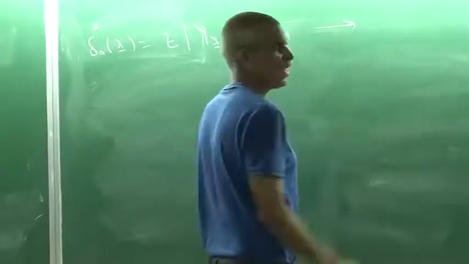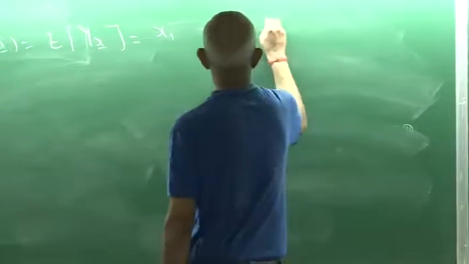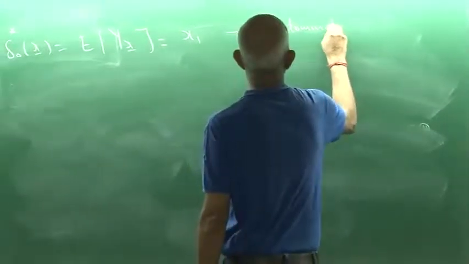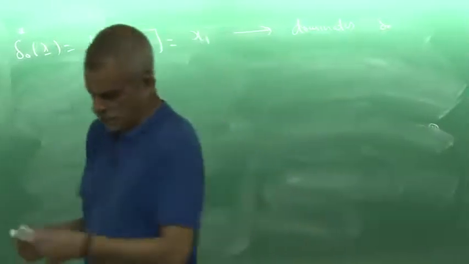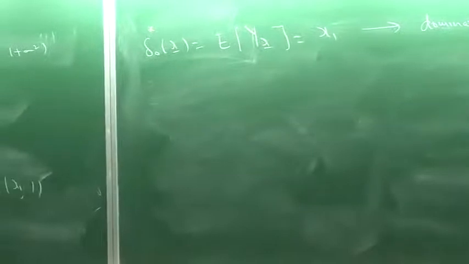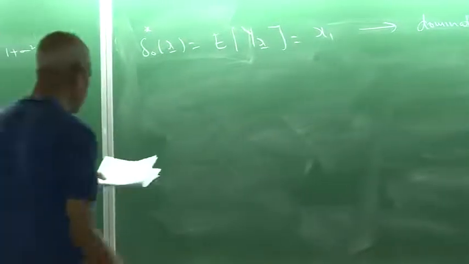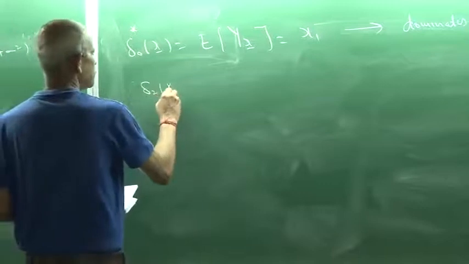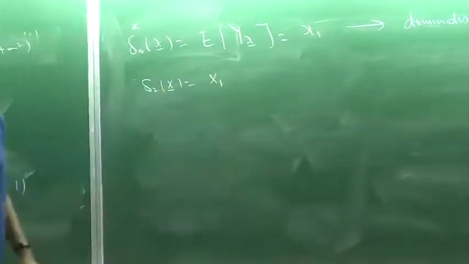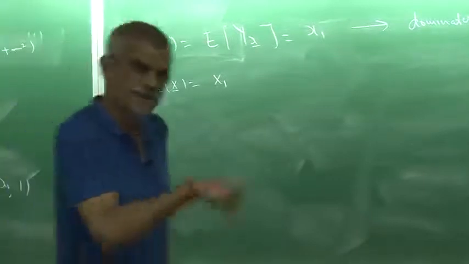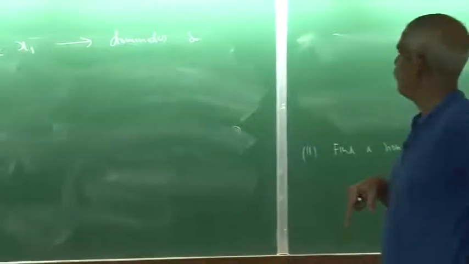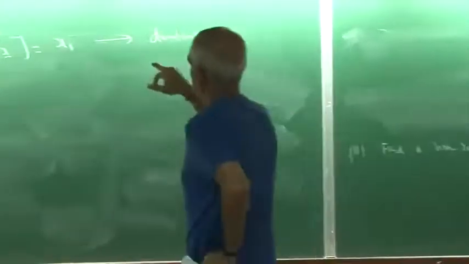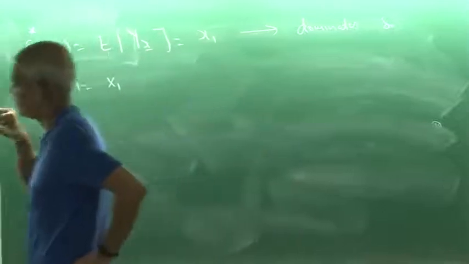Because my loss function is convex in A, this dominates delta naught. Now let's look at the estimator which dominates delta naught, delta 2. So this is now a randomized estimator itself. So I have to find an estimator which dominates. First I obtained the estimator which dominates the randomized estimator,